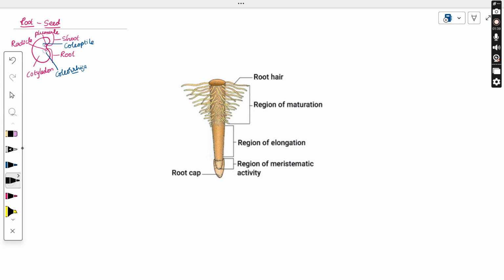Now these roots grow into the soil, against the light. The shoot grows against gravity, towards the light. So let us say this dotted line is the soil. You can find the root is growing towards the soil, or towards gravity, and it is growing against the sunlight. So these roots are said to be descending as they are growing downwards, towards gravity or the soil. So they are positively geotropic roots. They are positively geotropic in nature.